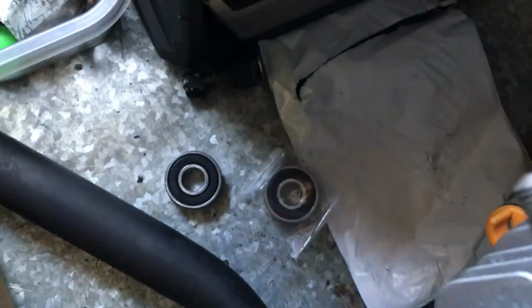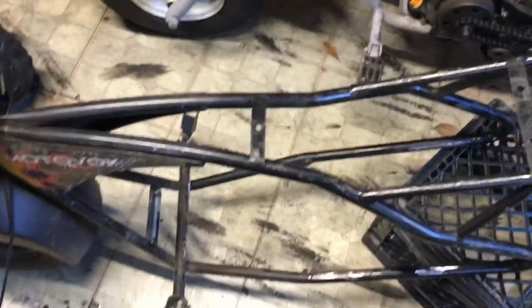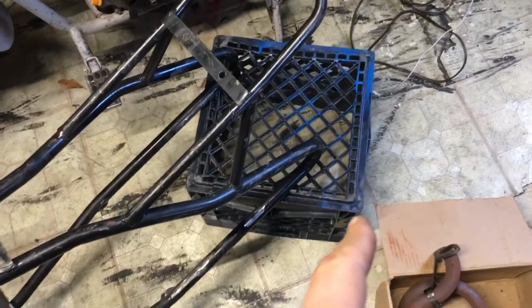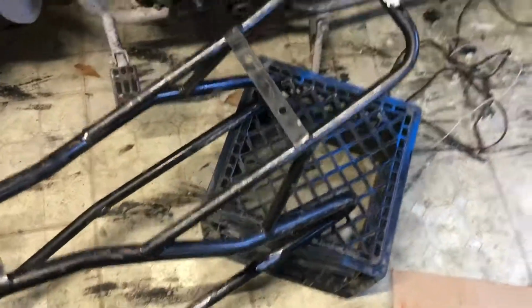Got some slicks in today to replace that tire and new bearings. We'll put those on, and then the steel plate should be here Saturday for the engine plate and tabs. I'm gonna put tabs in the rear instead of at the bottom, so we'll just relocate them to the rear and weld them. Never welded before, so